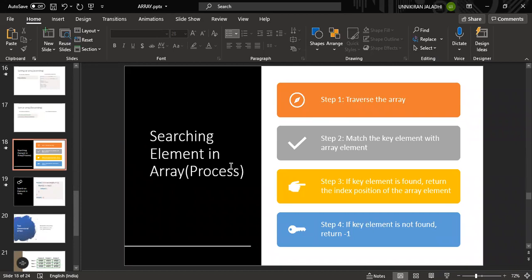So: how to access an array, how to sort an array, and how to search an element inside an array. These three topics are very important. There is a difference: if you want to access everything, you should use a for each loop. If you want to access a particular element, you use a general for loop. I think you got the point. These are the uses.